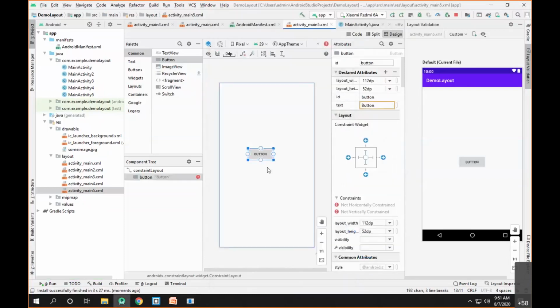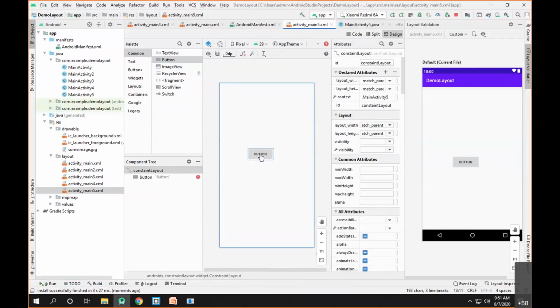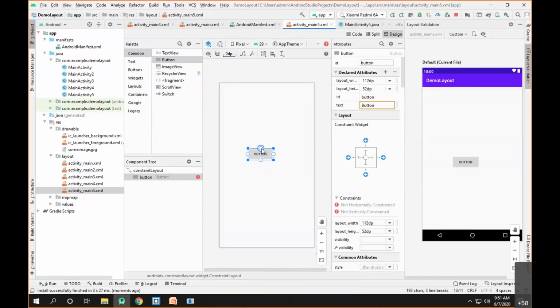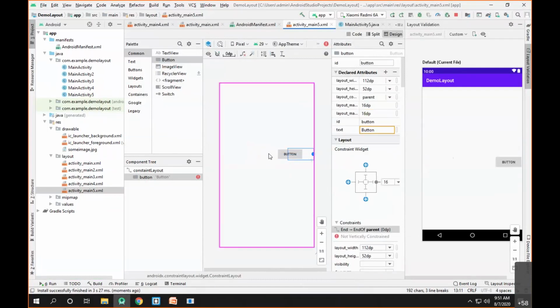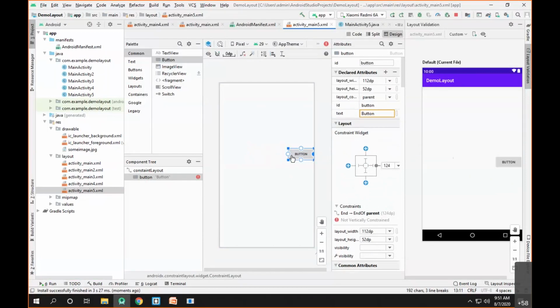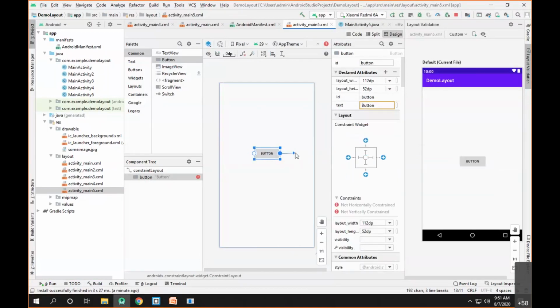Now regarding the anchor points, you have to always remember one thing. Let's say we have to attach this anchor point with this edge. As you can see, I'm trying to attach it, but it is not possible. The reason behind this is you can only attach the horizontal anchor points with the horizontal edges. So I can simply attach this particular anchor point either with this edge or with this edge, but I cannot assign it to the top or the bottom edge. So horizontal anchor points can only be attached with the horizontal edges.